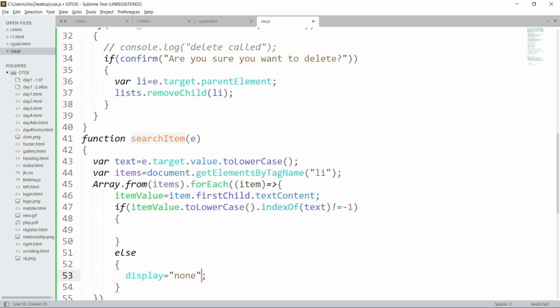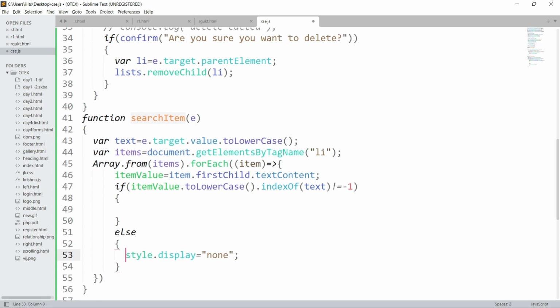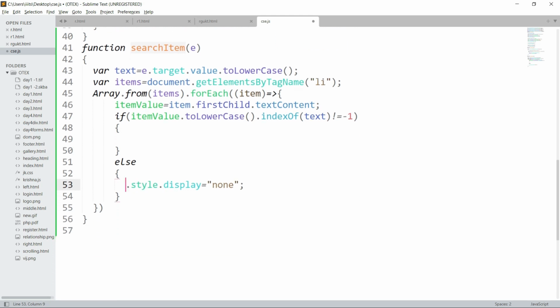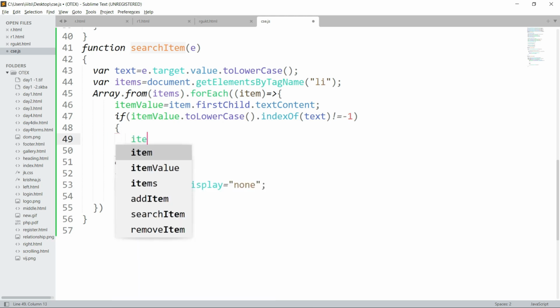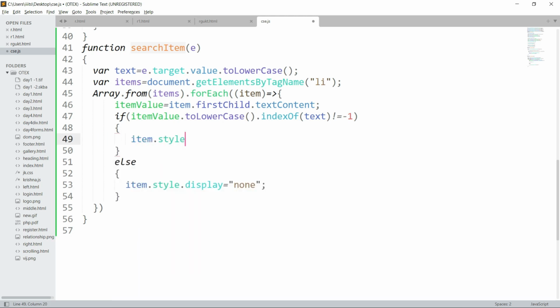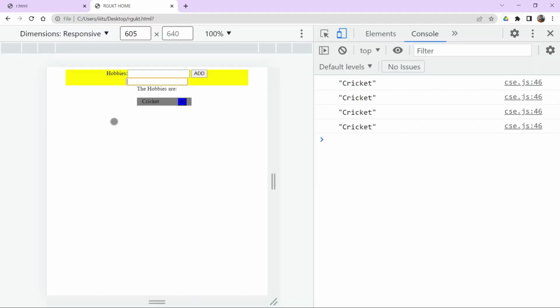But can we make this display directly none? No, it's a styling property. I have to call it with respect to style, and this should be called on a particular element. That element is item. So I will do item dot style dot display equal to none, and otherwise item dot style dot display equal to block. Okay, if I refresh here, if I am trying to type J, see, observe,